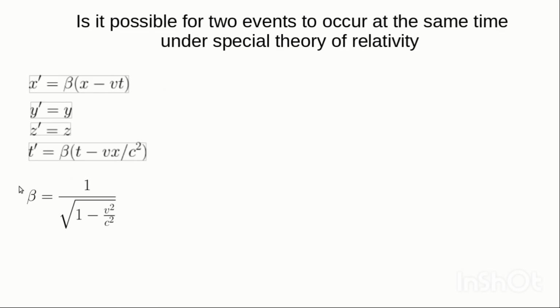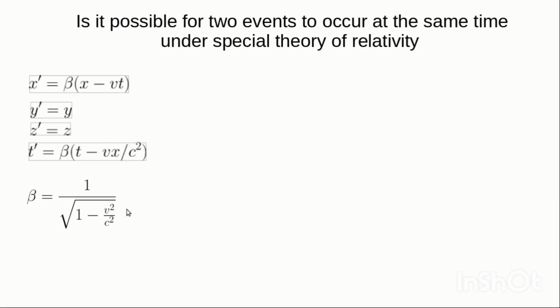we have it in this form where our beta is given as 1 all over the square root of 1 minus v squared all over c squared. Our v here is the speed of the moving frame of reference or the vehicle moving at a constant speed. So this is a Lorentz transformation equation. It connects the measurements of two events in a moving frame of reference and a stationary frame of reference. This Lorentz transformation equation is the equation used by Albert Einstein to predict so many